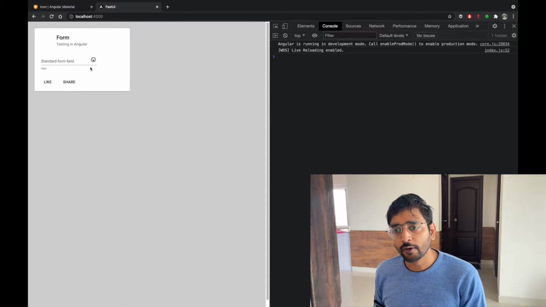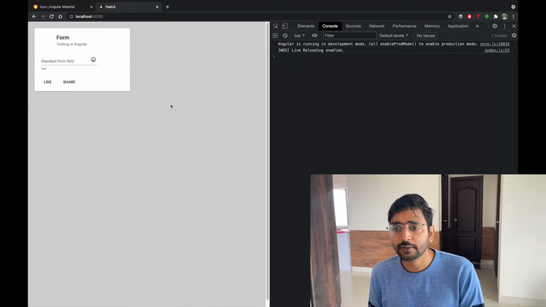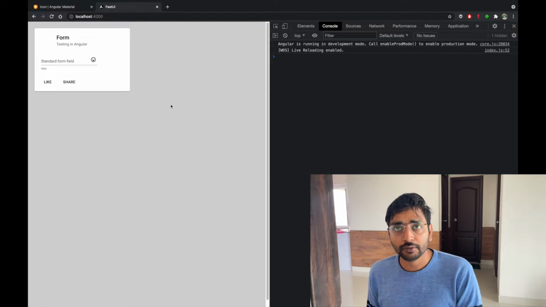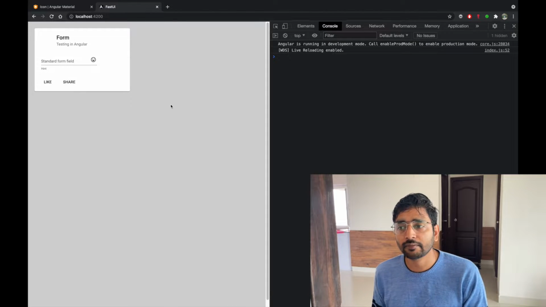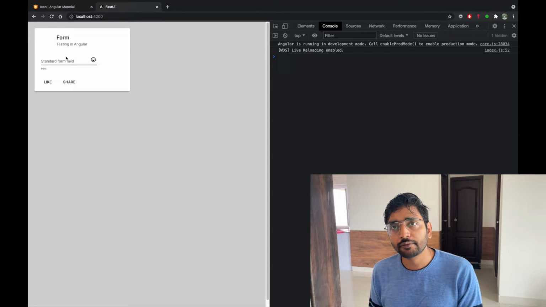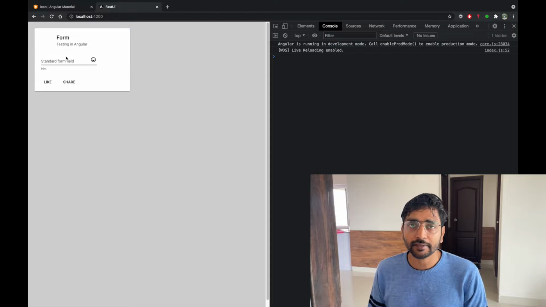To create a form in Angular with Angular Material, it took us some time to do things, and we faced challenges because as we wanted to enter a form field, just a text box, we had to import several modules in the code. And then if someone doesn't know how that can be fixed, they can search on the internet as I did. I had to search one by one to fix this. Angular Material does provide a lot of custom components, but you also have to write a lot of custom code to implement it.